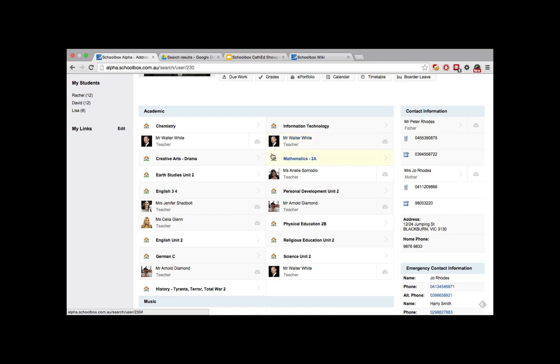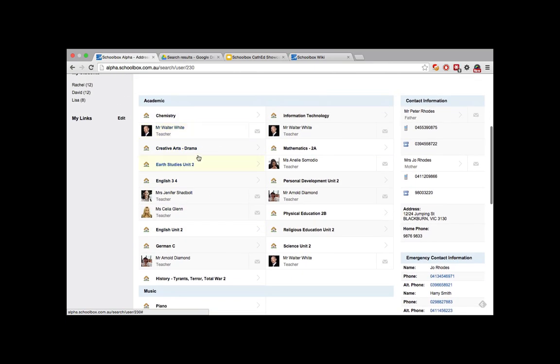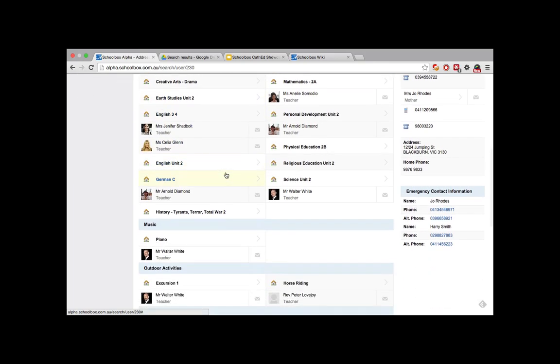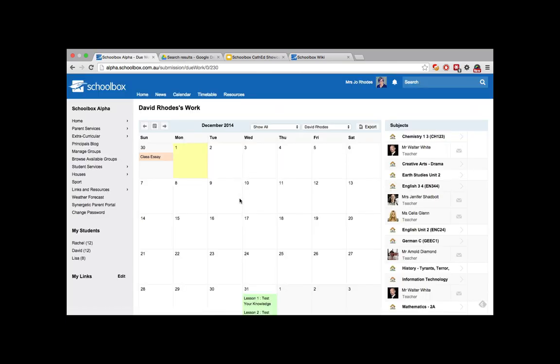So yeah, Tim's going to be showing the updating of that, I hope. All of that information is obviously being drawn from Synergetic, so that's maintained in that system. Going through here, obviously I can see my students' due work, all the things that we could see as a teacher before. As a parent, I've got a complete overview of all of the work that students have and has